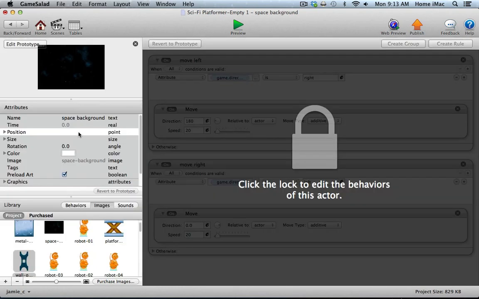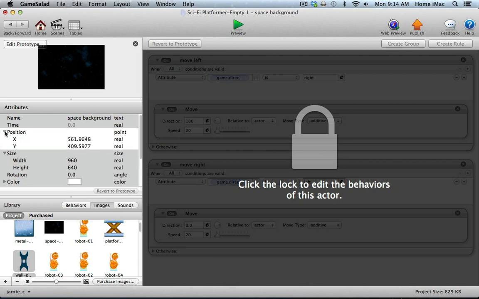So I'm going to double click that. And we're not making any changes to these behaviors. If we change these behaviors, we would want to change those back in the prototype actor, not here in the instance. All we're going to change in the instance is the size and the position of this background. So the first thing I'm going to do is change the size of it. I'm going to make the size